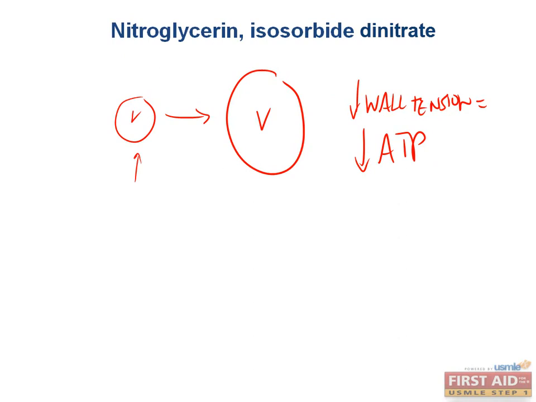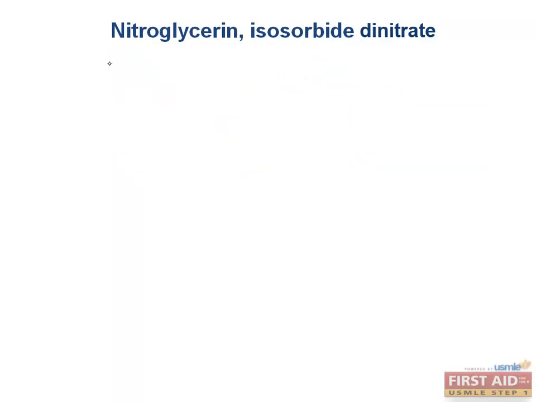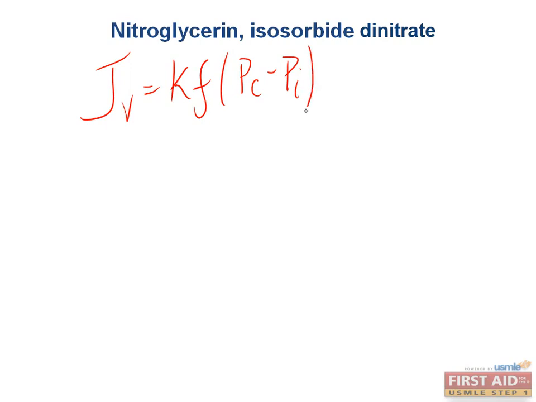But for completeness, let's quickly discuss and integrate something that we reviewed that is particularly high yield for your Step 1 exam. So think back to the equation that we wrote when we were talking about the capillary microcirculation, where Jv equals a filtration constant, times our hydrostatic capillary pressure, minus our hydrostatic interstitial pressure, minus the oncotic pressure of the capillary, minus the interstitial oncotic pressure. So if someone has pulmonary edema due to increased hydrostatic pressure in the pulmonary microvasculature, there will